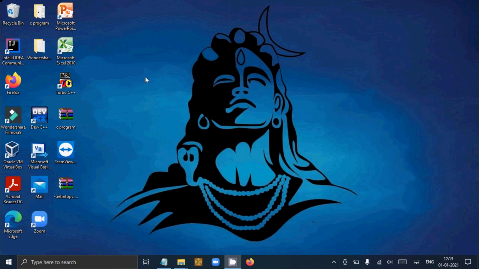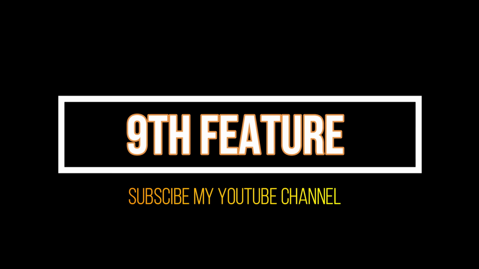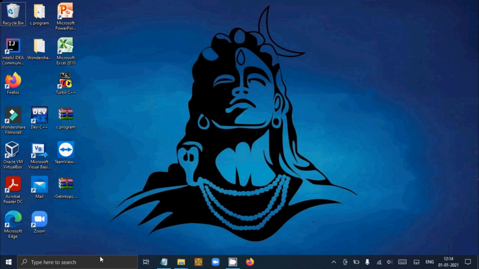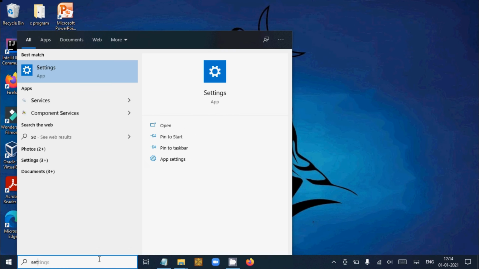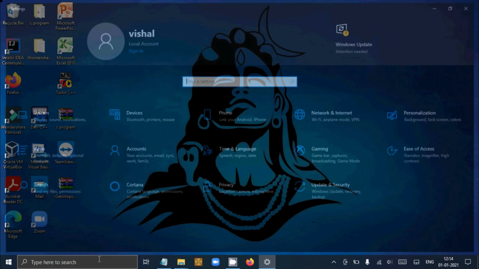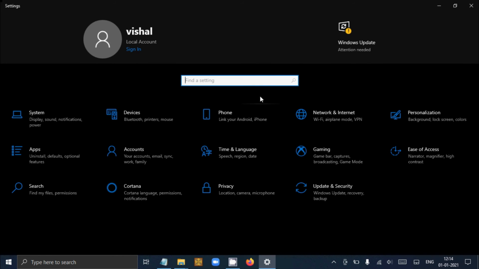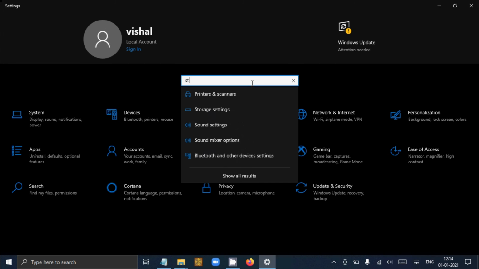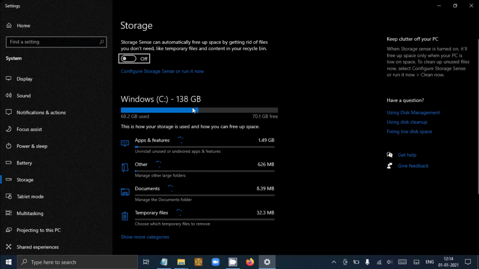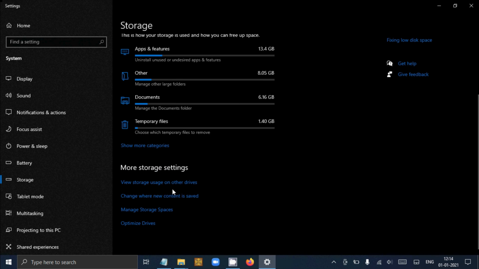Here in Windows 10 you can manage your memory. First go to settings. If you are not using the temporary files and want to delete them, then you can. Search for storage management, storage settings, and here there are so many temporary files.